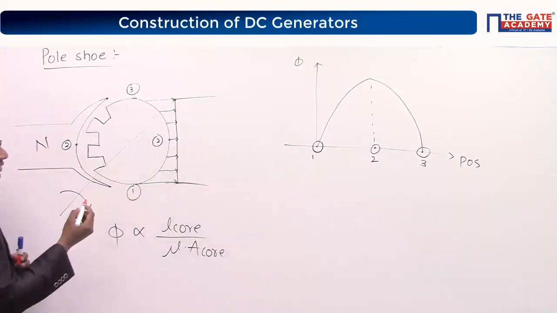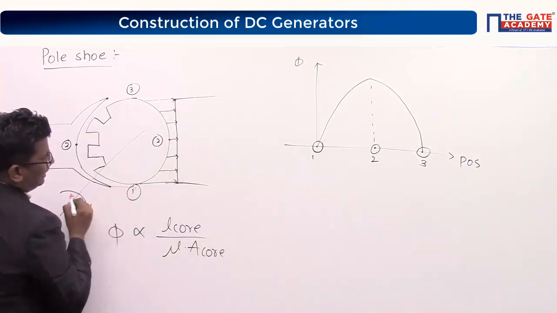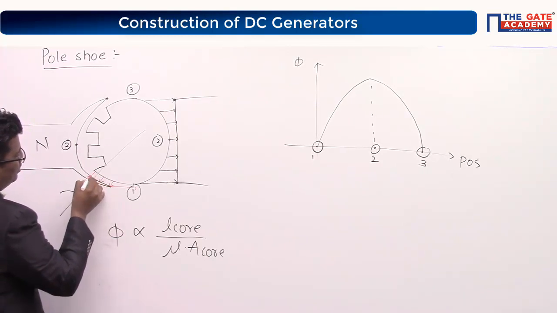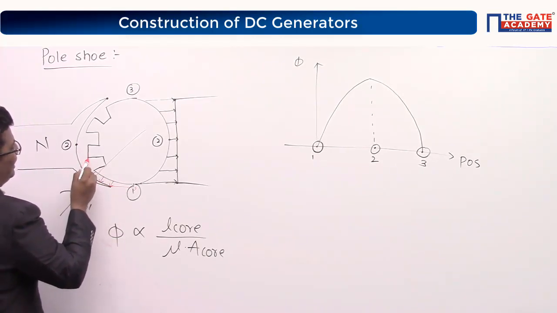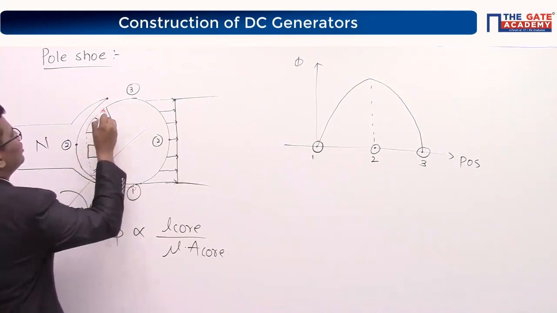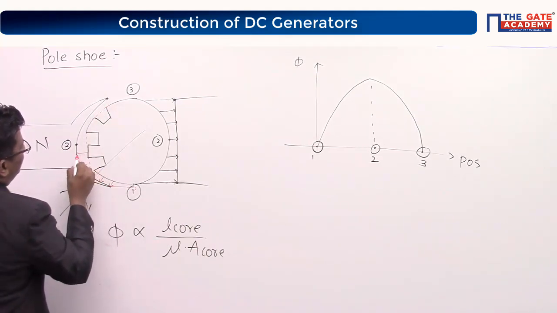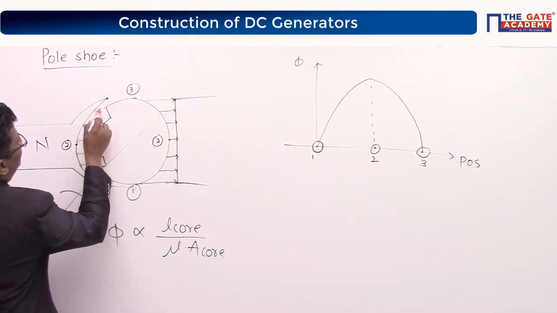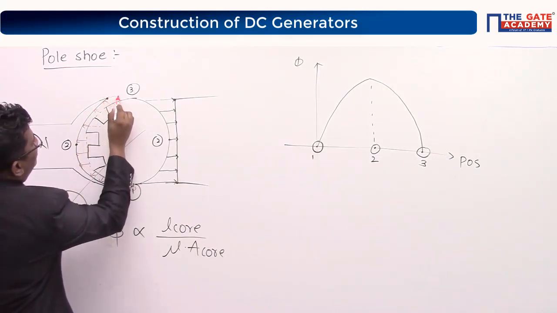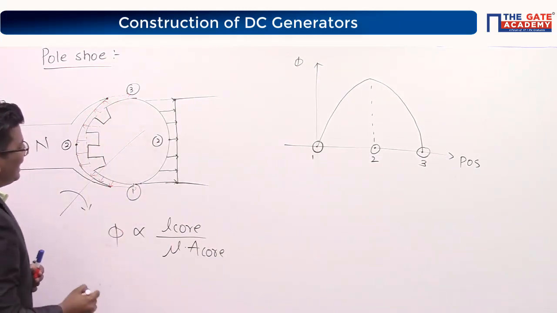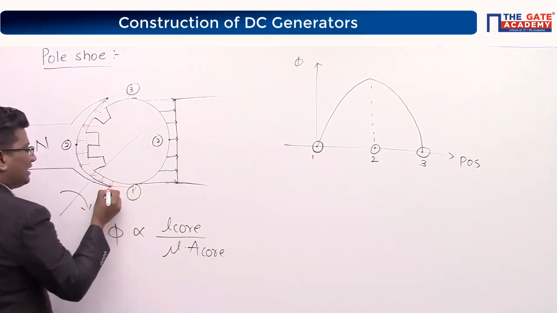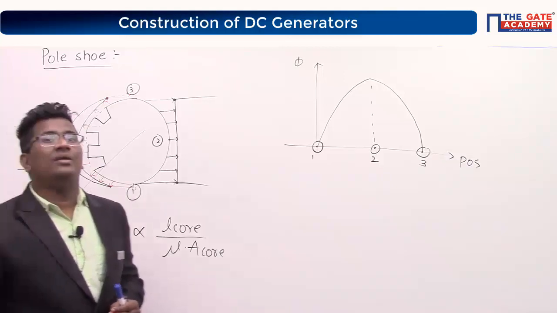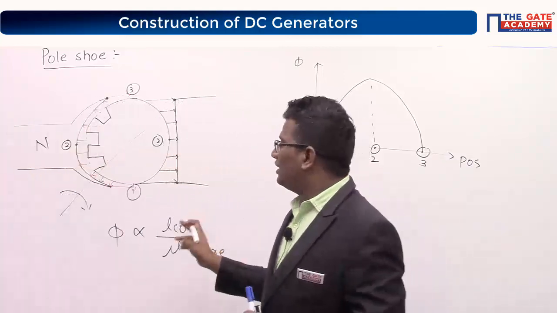Now again look this side. From here to here, air gap is more. Right now, just consider like this. Later I will talk about this one also. Air gap. Tell me, air gap from this position to this position, is it constant or variable? I will give you the names for this.